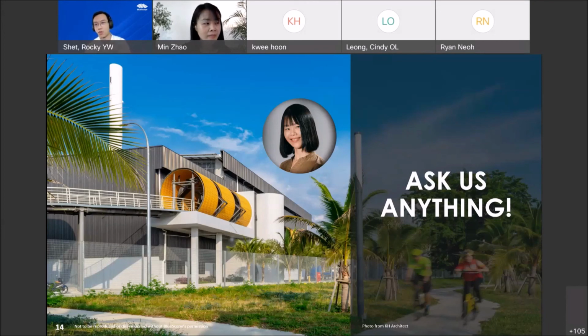How deep a foundation, perhaps? In terms of the technical thing, I need to check this again with the engineer. The engineer knows better on this. Sorry, I believe we'll take this offline. So Ramana, this one I believe has to go to the engineers instead of the architect. Yes. So anyway,